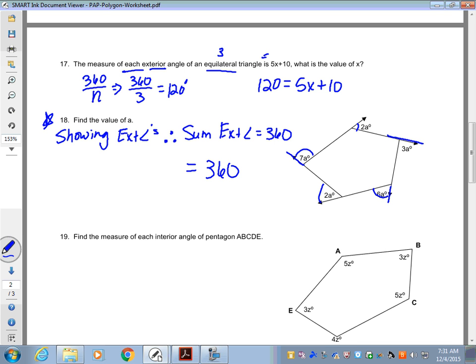I'm just going to add up all my variables, add up all my a's. If I do that, I get 20a. And then I'm just going to divide by 20. And I think a is equal to 18. Okay, so